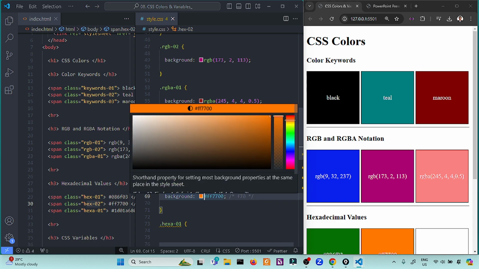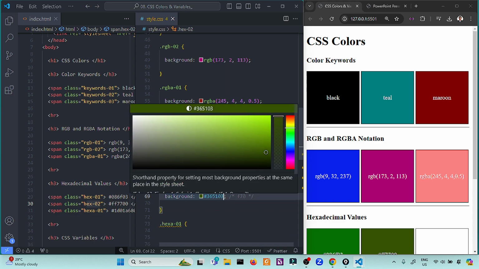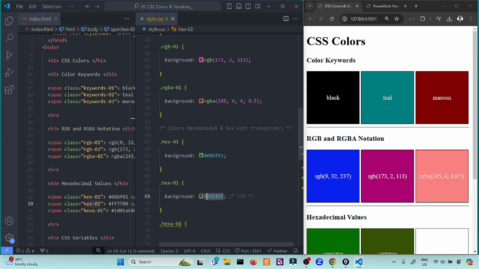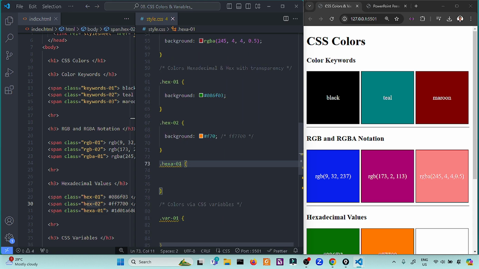Plus, if you're using VS Code, you can easily select colors by adjusting the palette. So for example, I want this color. So just leave it as it is. For this one, the long method, the short notation will be F70, equivalent to FF7700. These are the same colors. So if you encounter multiple duplications such as FF, 77 or 00, you can use the shortcut notation.